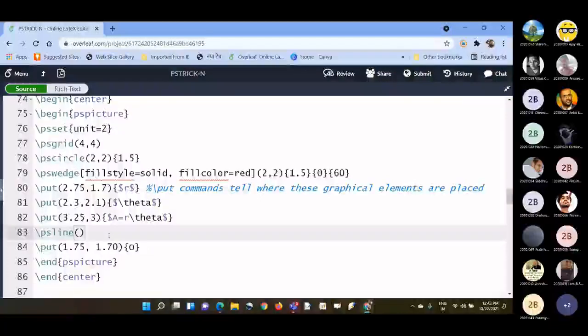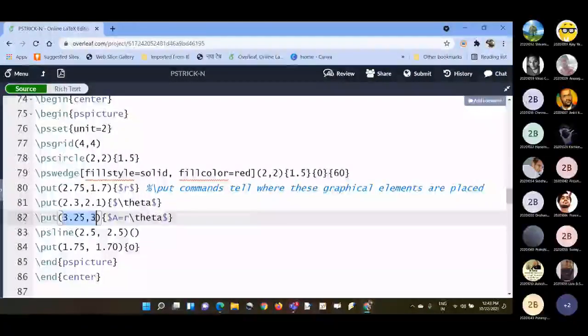Let us write maybe 2.5, 2.5, to another point. Maybe we can write 3.25 and 3. So let us keep this one.